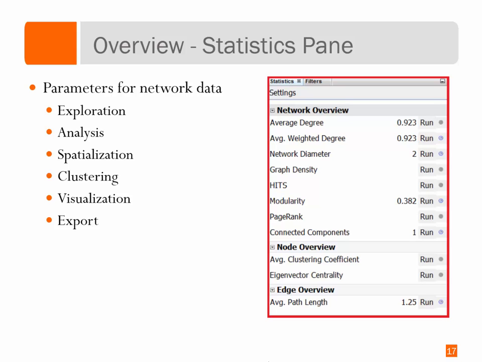Now, an overview of the statistics pane. So we're focused in now on that statistics pane that would be over on the right-hand side to give us a little bit better understanding of some of the things that we can adjust here. So some of the parameters for network data, we can look at different kinds of exploration, different kinds of analysis,